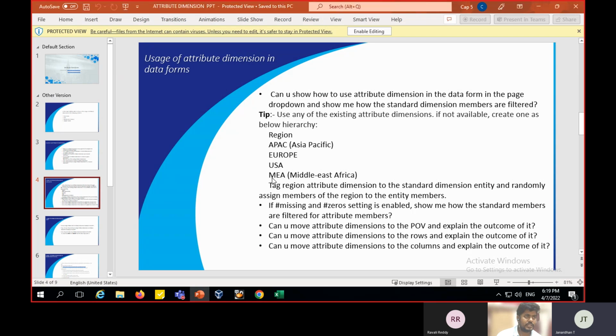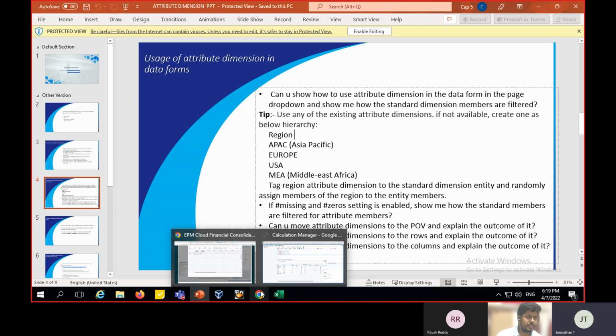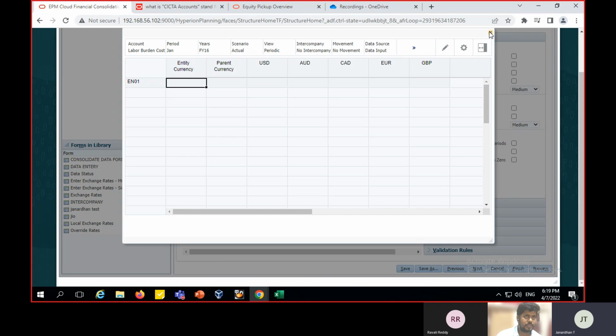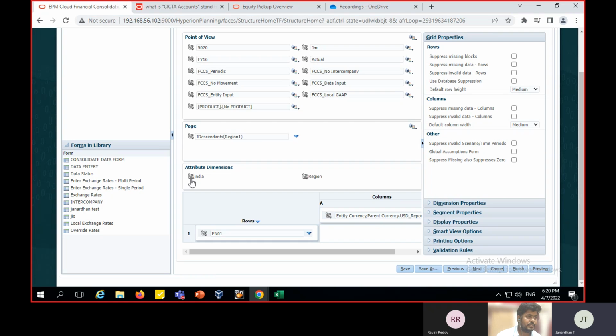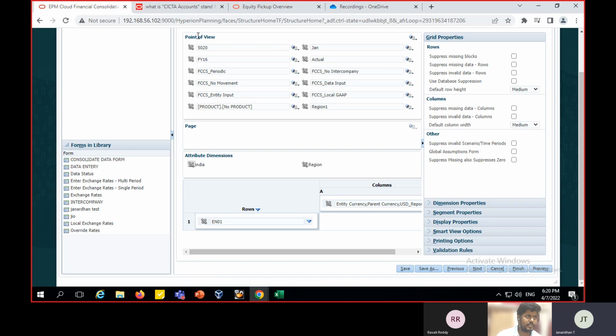So coming to the slide. Here we have created this scenario. Based on this scenario I have created the region and members. Then, can you move the attribute dimension to the POV and explain the outcome of it? So I will explain how it shows if we have given it in the POV, then click the drop down in the POV